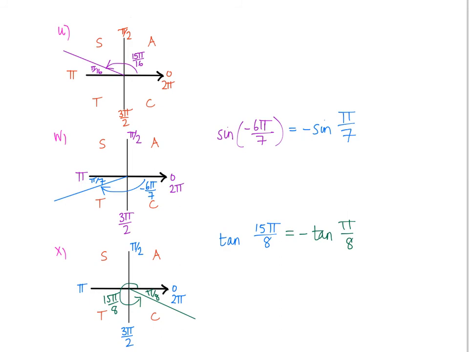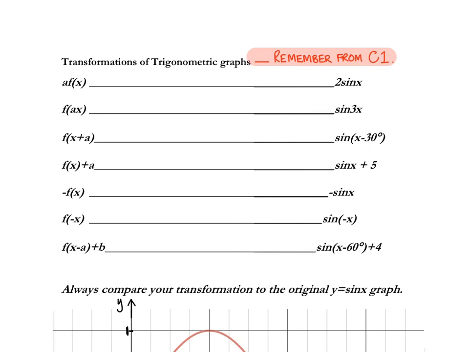The last part that we're going to do in this chapter is related to C1 when we do transformations. And what I'd like you to do is take a few minutes to have a think about what these transformations are. We've got 7 of them altogether. And what you need to be able to do is take any of the trig graphs. I've used sine here. So we always think of y equals sine x and then what's happening to it. So if you can remember, I'd like you to take a few minutes and pop in what each of these